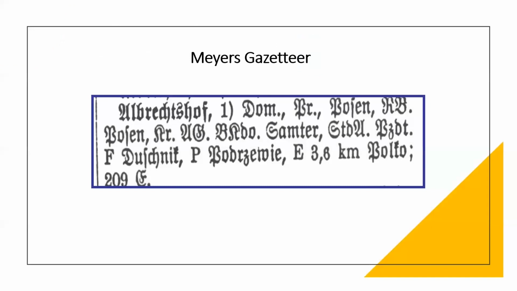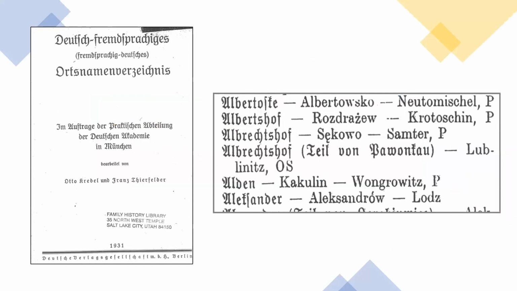Using the town of Albrechtshof as an example, the Myers Gazetteer shows that there were multiple towns by that name. This is the first one listed, and it belonged to the Prussian province of Posen in the district of Samter. Looking up Albrechtshof, district of Samter, in volume 1 of the Deutsch Fremd, it shows that its Polish name is